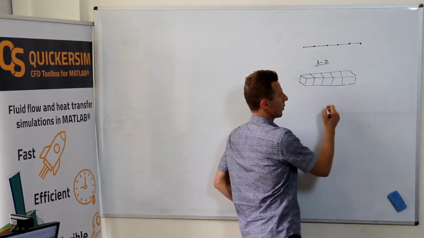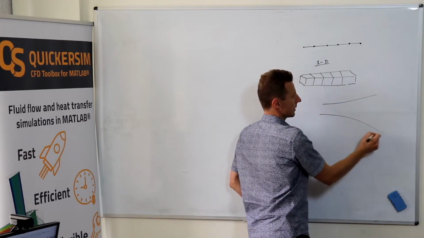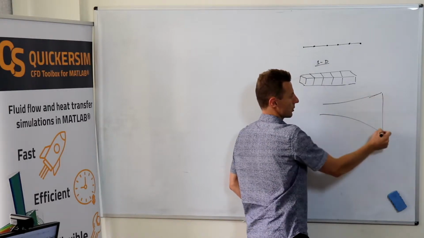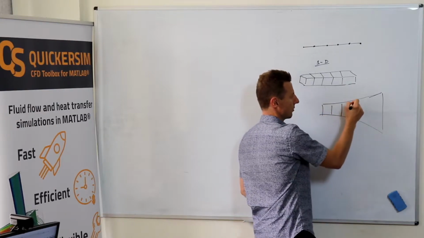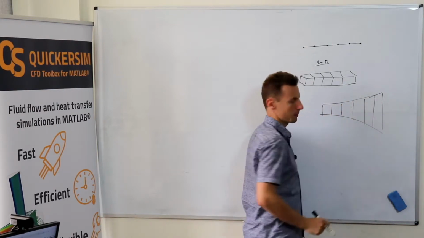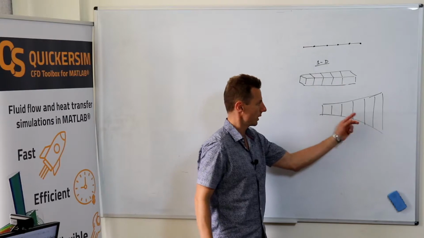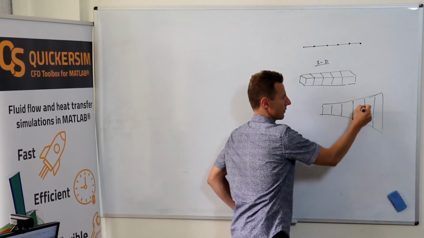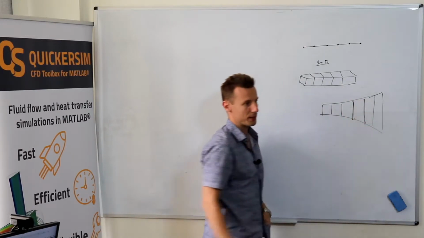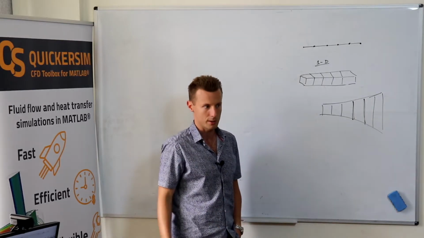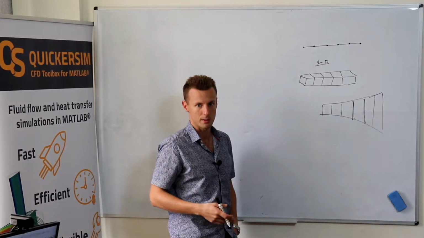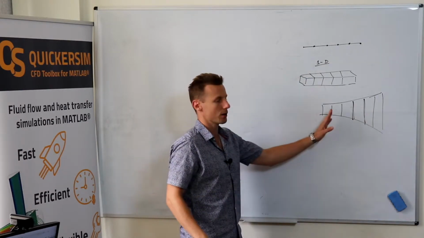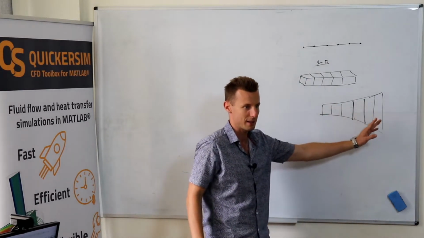Mainly because if you want to discretize any diverging or converging geometry, you can still do it with 1D finite volumes. But please remember that, for example, this surface area will be different from that surface area, and so on and so on. And you will come up with proper formulation that still conserves mass, energy, etc.,